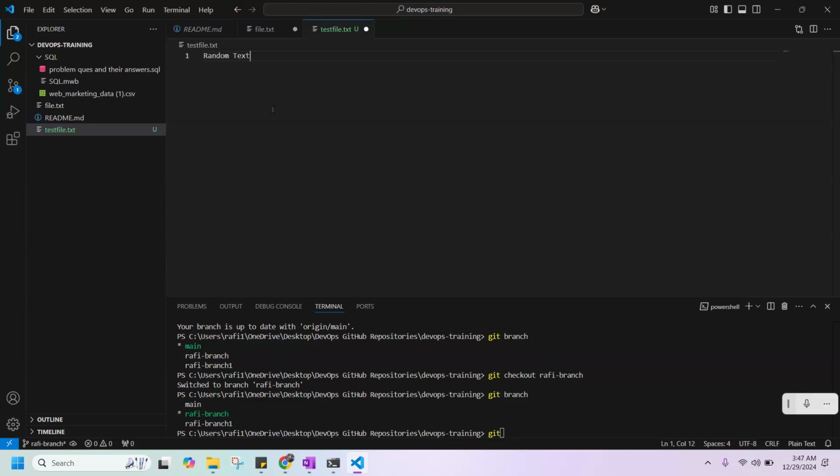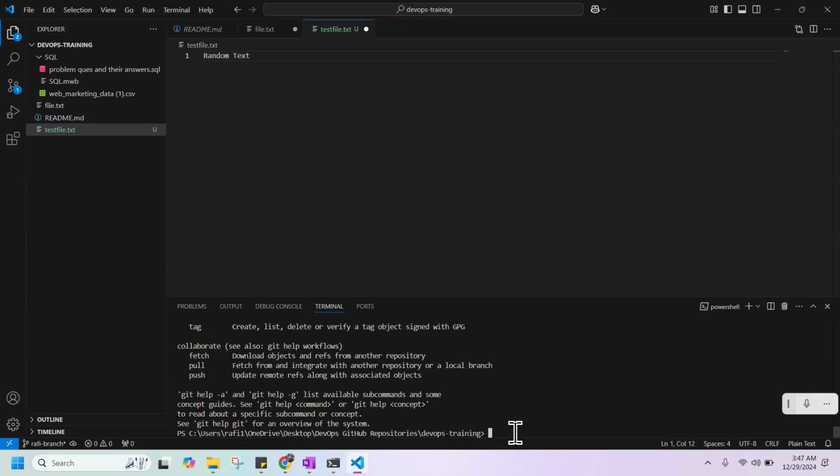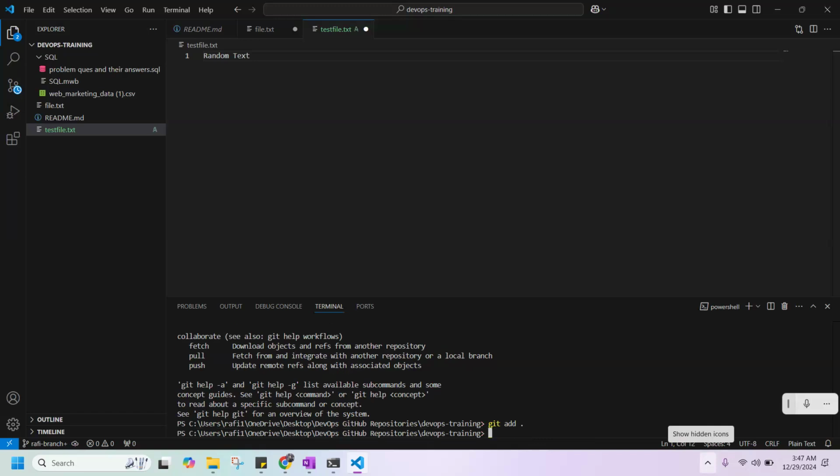So let's do it. Go to your terminal, very down. Now you need to write the git add dot command to save the changes you have done so far. What changes did you make? You just added a new file with the name test file, right? So write git add dot and press enter. Git add dot only. This basically saves our changes, and now we need to commit it, right?